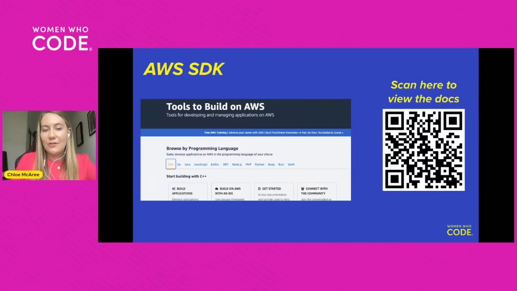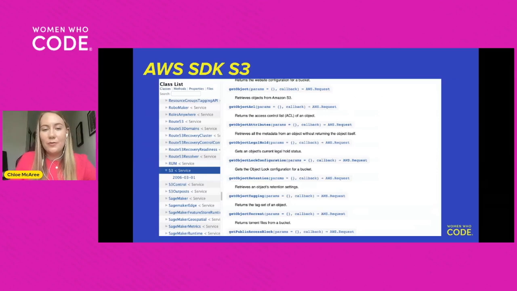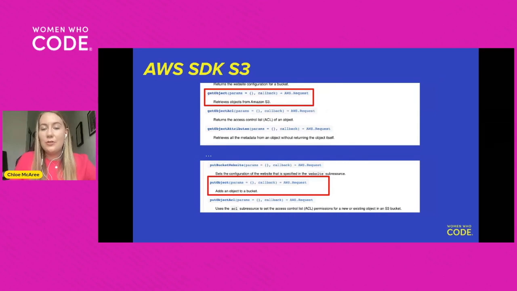To work with AWS services like S3, it is common to use the AWS SDK, which is the software development kit, and it's available in many popular languages. Using the AWS SDK within backend services is a secure and effective approach to programmatically interact with AWS services, as you can authenticate with the SDK using your AWS client ID and secret to access the required service functionalities. So here is just a screenshot of some of the functionality in the SDK that's specific for S3. You can see that it allows you to do things like get files and upload files, and this is perfect